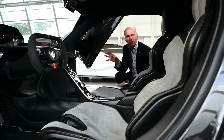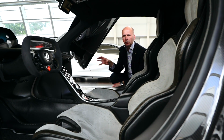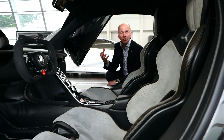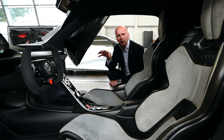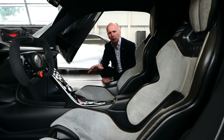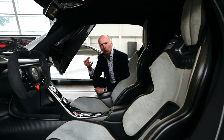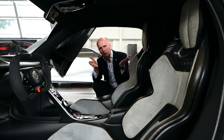He's also a championship winning racing driver as well, and he's driven not only racing cars but all the top supercars and hypercars in the world. So he was able to give us lots of guidance on what works, what's exciting to use and what's different, etc. So going back to the whole ergonomics of the interior, the seat, as I say, is a mixture of lightweightness but also comfort. So a very elegant carbon fibre shell and then these thick soft pads, in a way a little bit like an Eames chair is, where you have this formed plywood structure and then